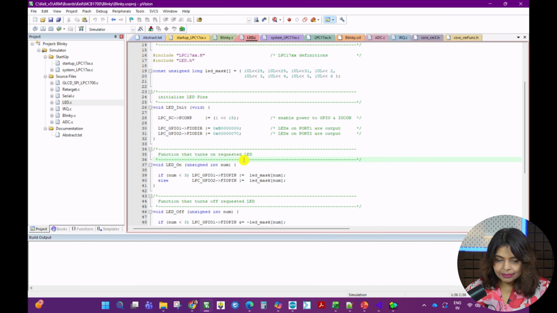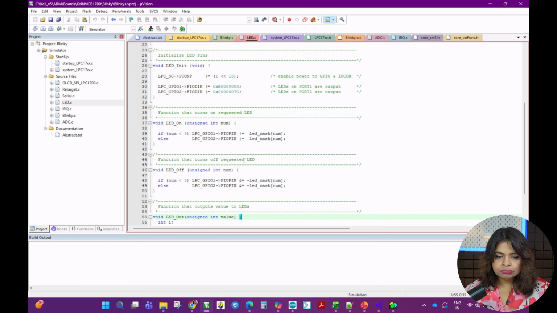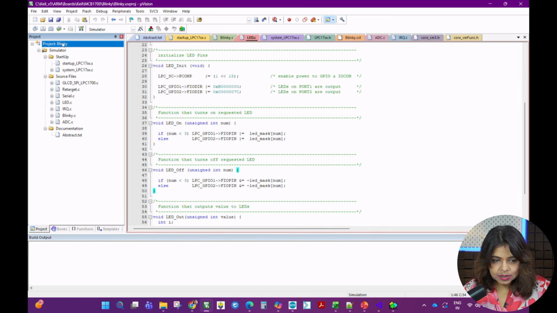Well, then we have LED on, LED off for making the LEDs go on and off. Basically, you can see a rotating or shifting pattern in the LEDs. Okay. So in this project, I want to quickly explain the options for target. I spoke about the µVision workspace and the components which are part of it, but I didn't tell you how these components can be configured. Sometimes we have to configure those components in our project as per our requirement. So for that, what we do is